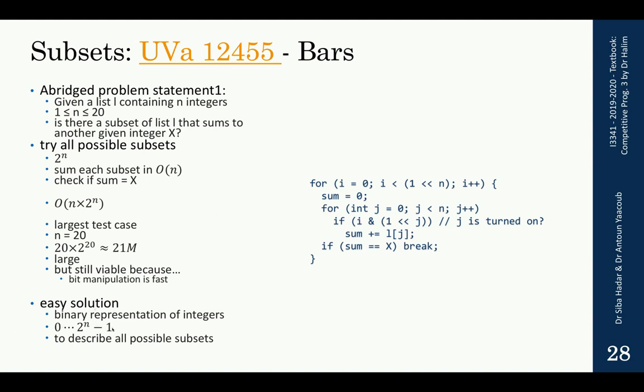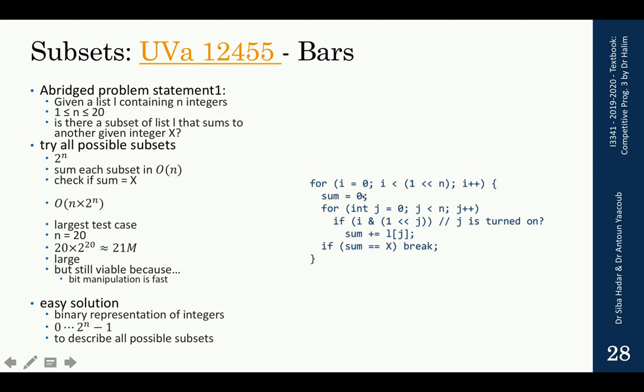And this is our count, and this is our subset. How are we going to do it? We are going to make a for loop from i equals 0 to i less than 1 left shifted n times, which is 2 to the power n, and i plus plus,